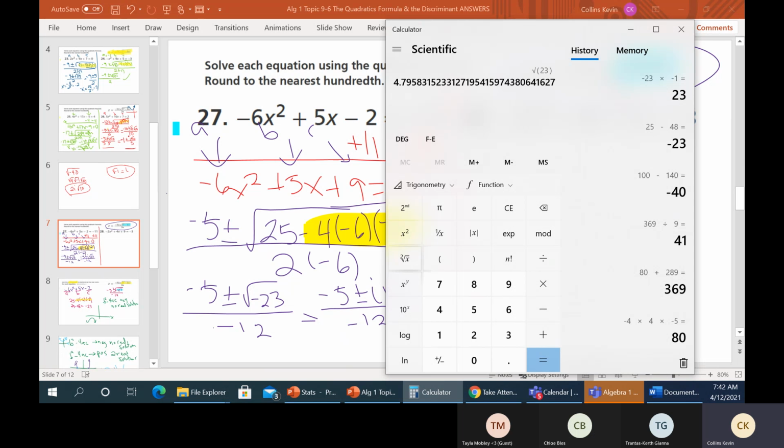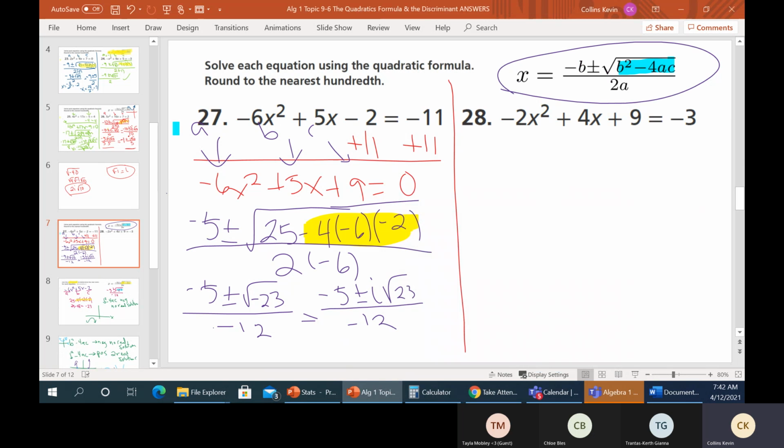A lot of times with these sort of problems, they will instruct you if they want it rounded to a certain amount. Well, they said to the nearest hundredth. Well, since it's 0.7958, we're closer to 4.8 than to 4.79. So the nearest hundredth would be 4.80, just to prove that we did the extra decimal. So then what this thing would look like is, again, it would be equals negative 5 plus or minus,